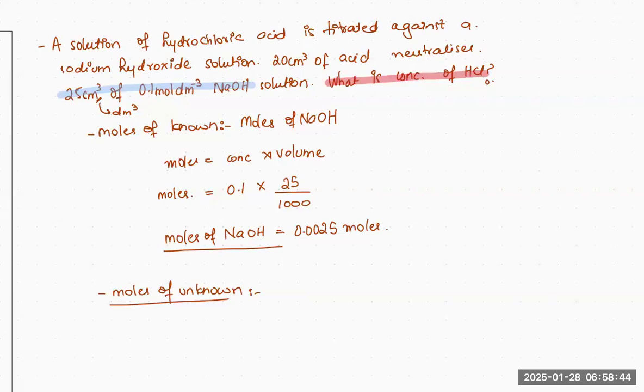But what do you think should be the chemical equation, the reaction between HCl and sodium hydroxide? It's HCl plus NaOH. Yes. NaCl plus